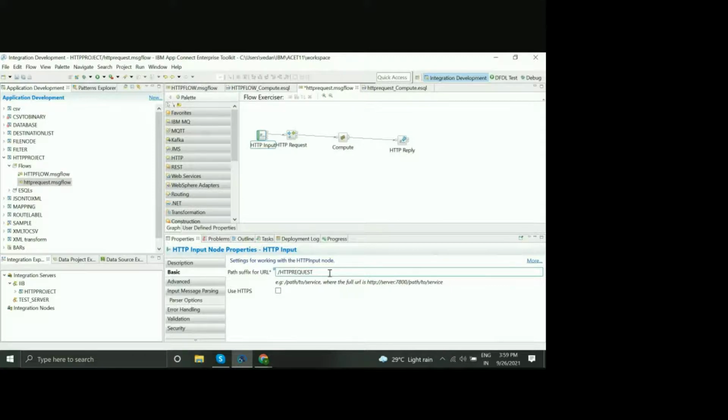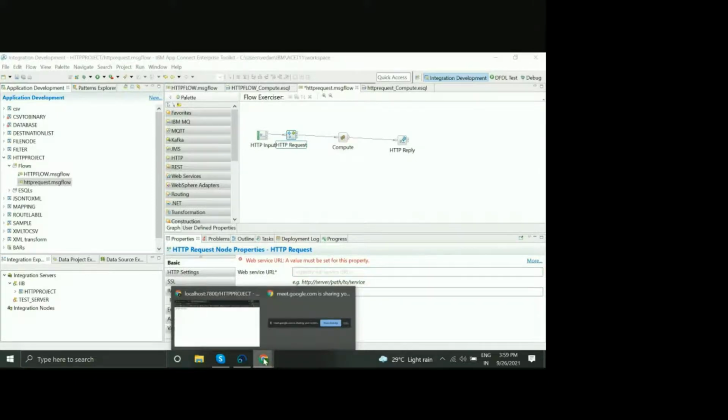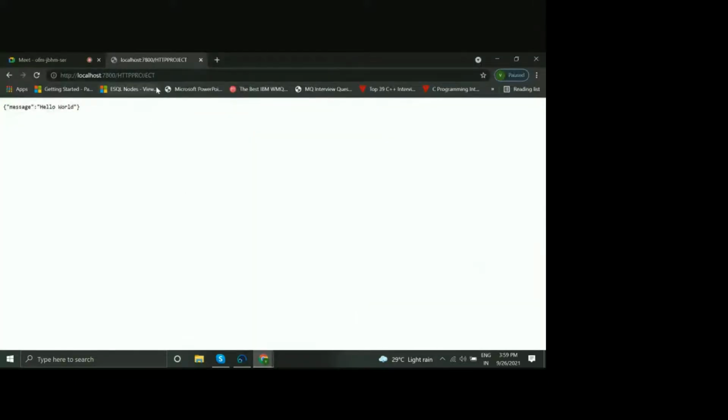Now click on the HTTP request node and provide a web service URL, forward slash HTTP input. Copy whatever you have in the browser and paste it here. The same thing.